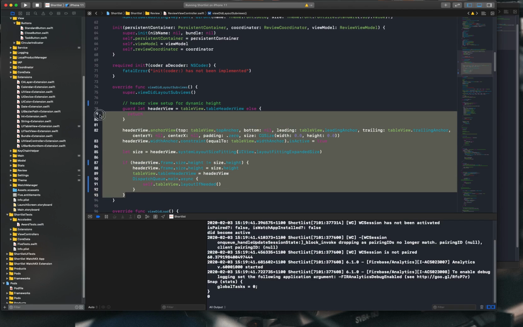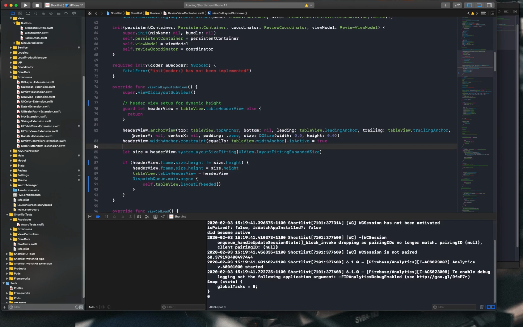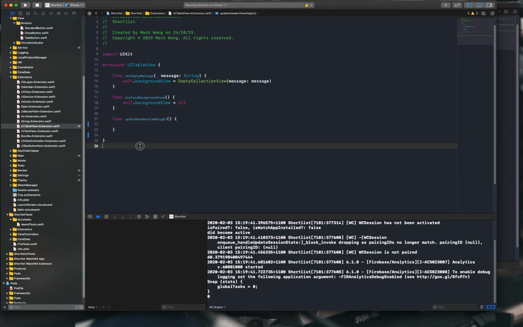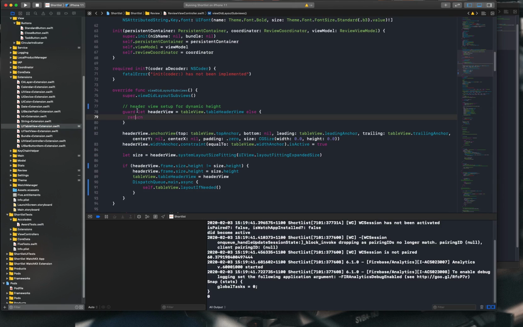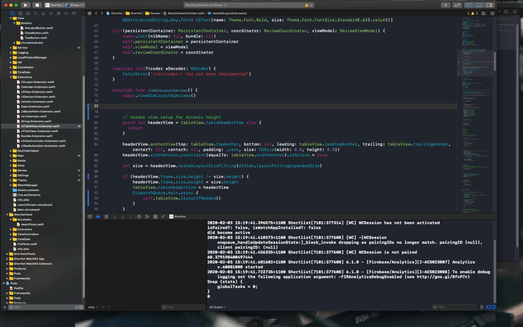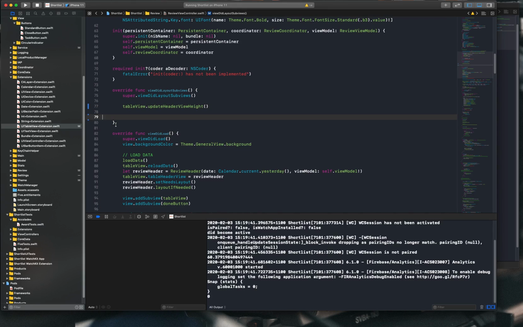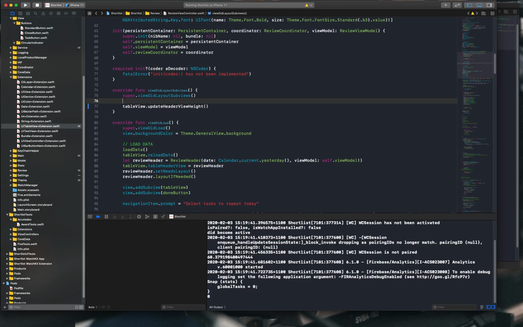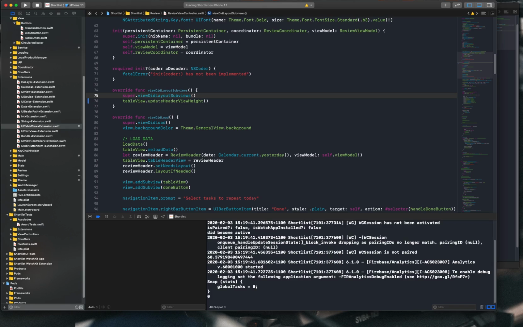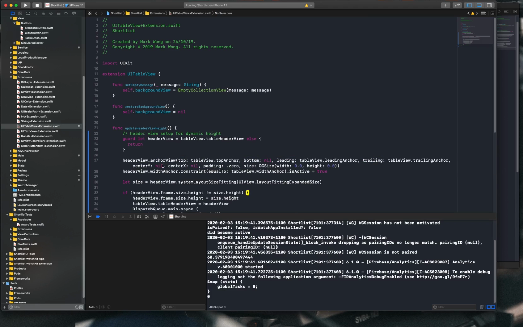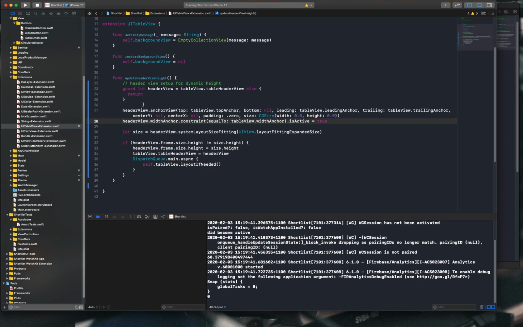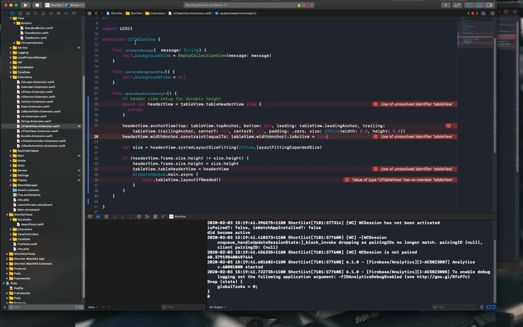So it's always a good idea to move something like this to an extension, because then you can call it wherever you want, and it takes up a lot less room. So if you can imagine what it looked like once all that stuff is gone and it's gone into the extension. So we can just move that code right here, and because it's an extension of our UI table view,